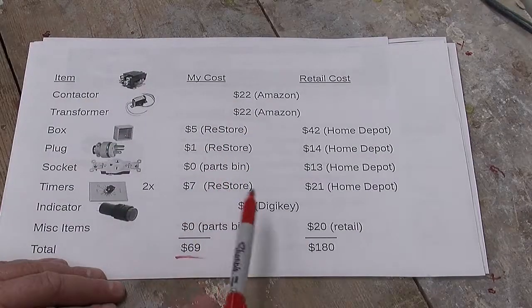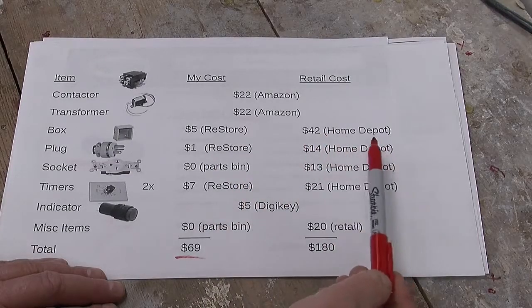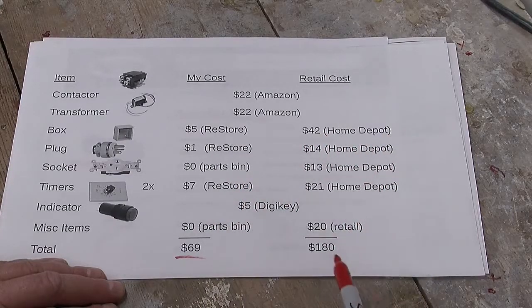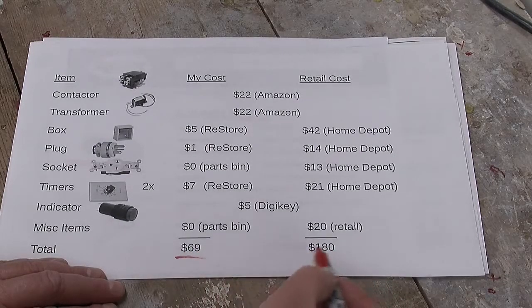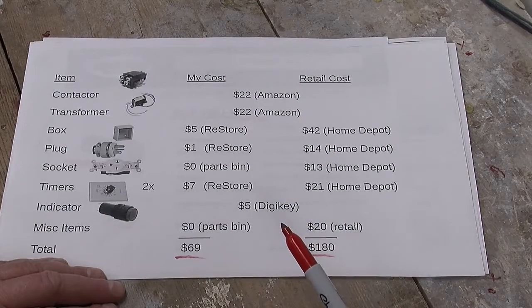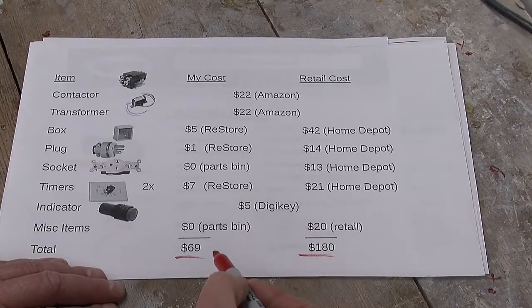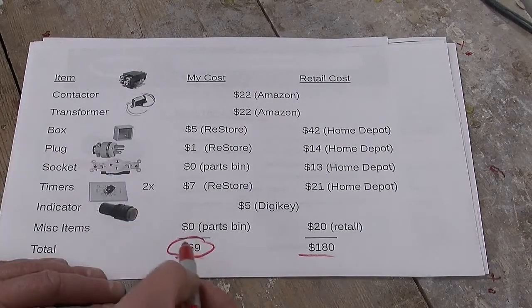If I'd had to buy all of these items new from a place like Home Depot, it would probably cost around $180, over $100 more than what I originally paid. And this is no criticism of Home Depot. These prices are completely reasonable, but it's always fun when you're building something for your workshop to do it as inexpensively as possible. And I'm actually quite